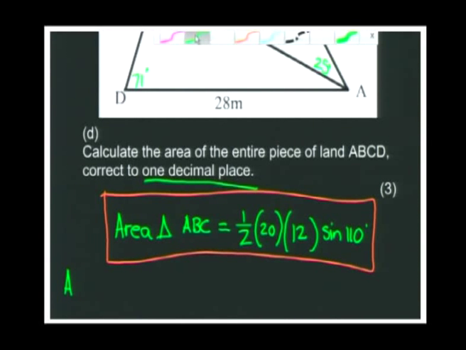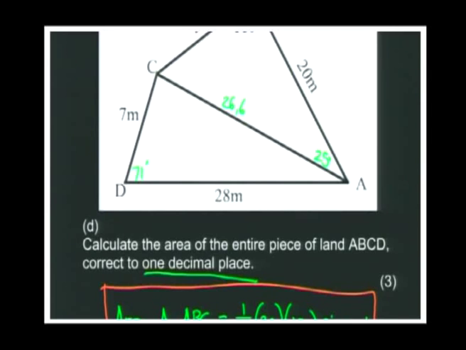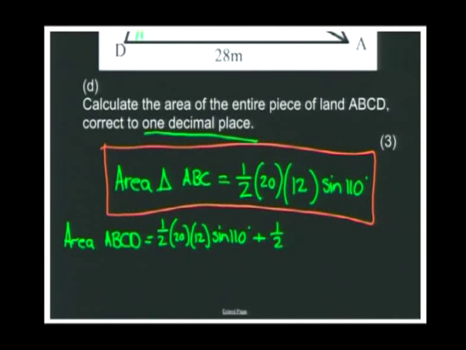Now I'm going to go back and show you how in one step you can do both. So we're going to say area of ABC. I'm still writing the whole thing, but now what I've written here of the one triangle, I'm going to add the second triangle into that immediately. You'll see what I mean now. I'm going to say plus half, and now I'm going to use the formula for our second triangle ACD. Hope you're following, which is going to be 7 meters multiplied by our 28,